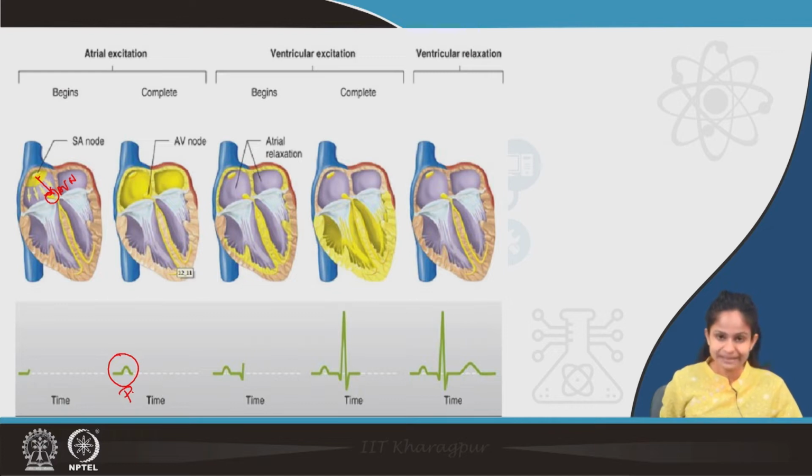Now, after the complete depolarization of the atria, we get an isoelectric line that usually constitutes the AV nodal delay, because the conduction in the AV node is very slow and the ECG machine cannot detect those voltage signals. So, we get an isoelectric line. After that we get the ventricular depolarization, which occurs in 3 phases, that is septal depolarization, then